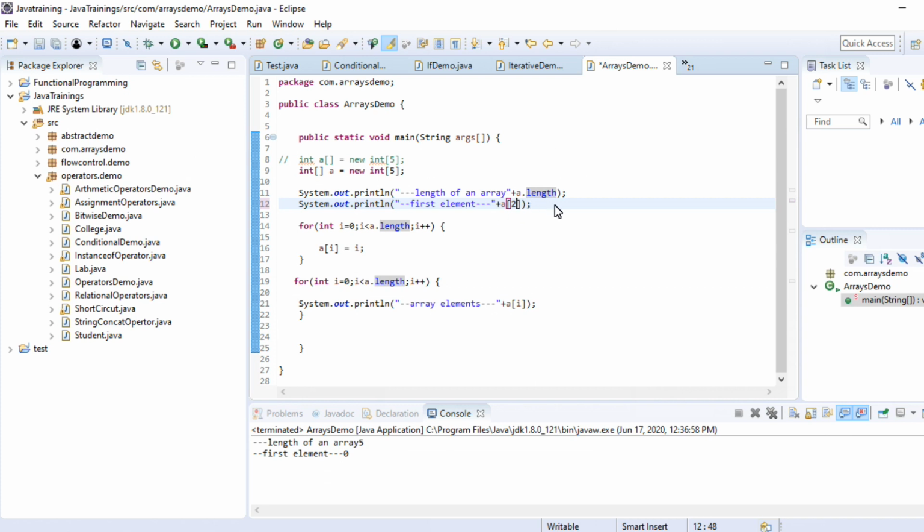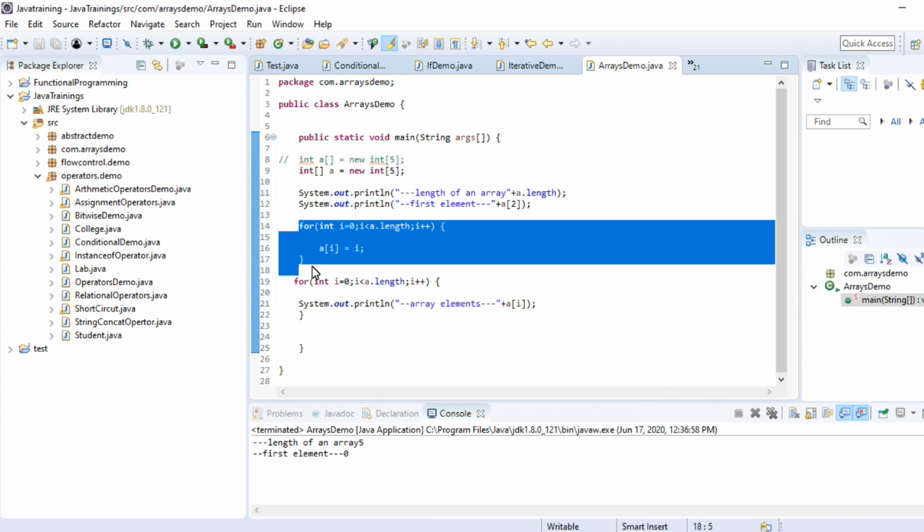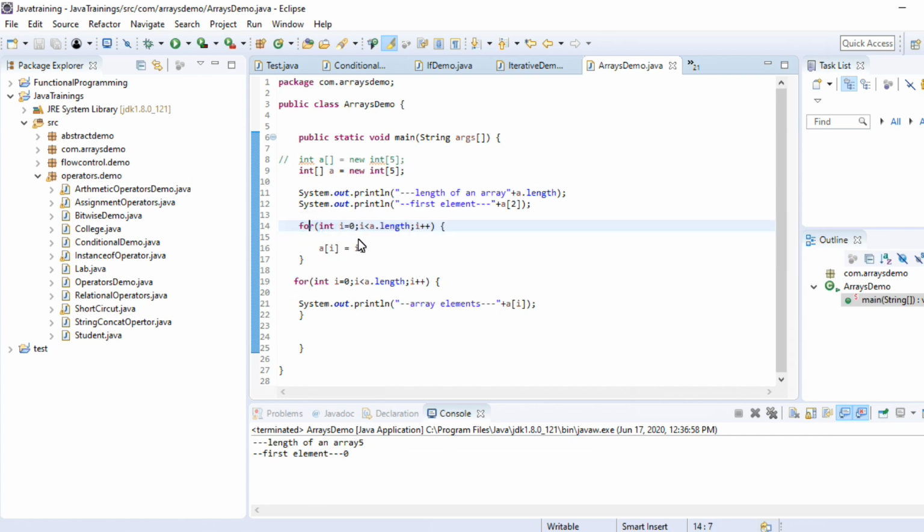Now I am trying to insert values into an array using a for loop. If you don't know for loops, go through the control flows video. Here we are incrementing from 0 till length 5. Till 5 means 0, 1, 2, 3, 4.